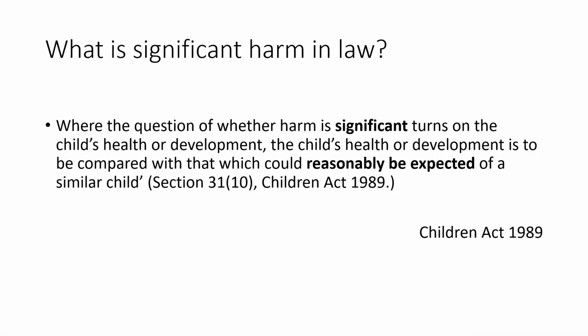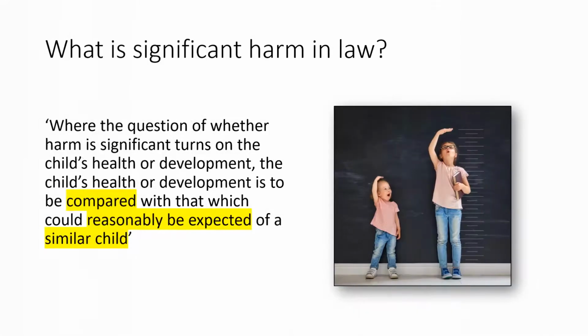Significance is defined in the Children Act 1989, where the question of whether harm is significant turns on the child's health or development. The child's health or development is to be compared with that which could be reasonably expected of a similar child. This is in section 31(10) of the Children Act 1989. So, significance is based on the child's health or development and how this compares with what would be expected of